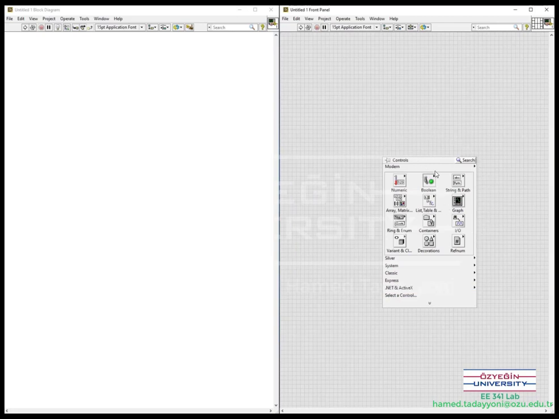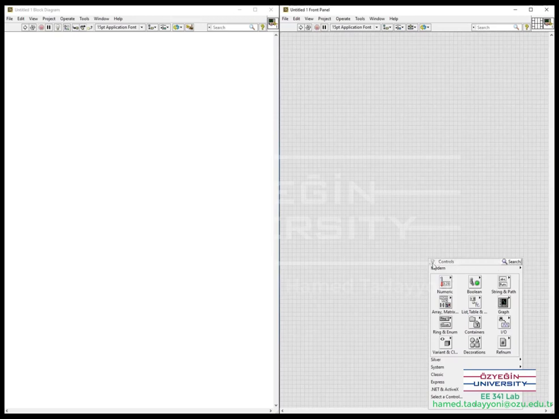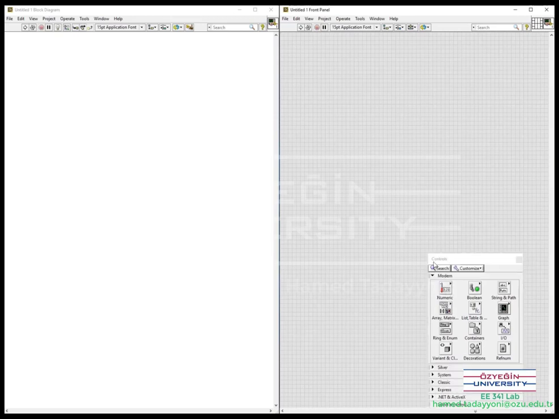So in order to be able to have all of them together, we can also click on this pin mark and pin this palette here in order to have them whenever we need them. So to start our